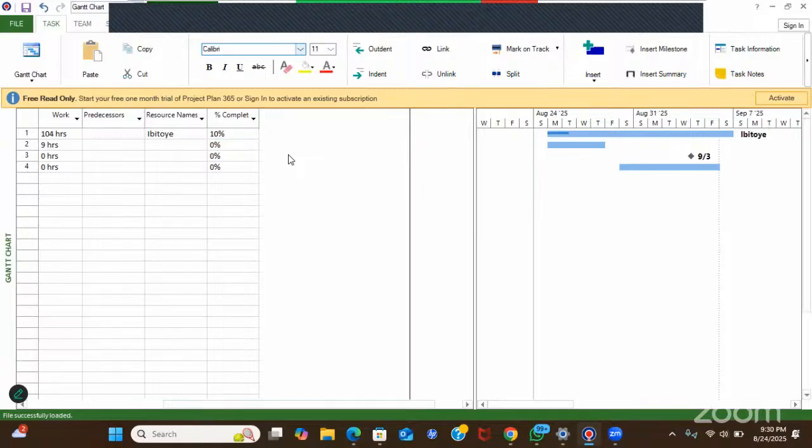Now, notice something. On this bar here, we are seeing another blue line. Now, this blue line is showing the task completion. If I increase this task completion, the moment I increase it, I keep increasing it. If I increase it to 75, it reads here, it's almost completed. If I move it up to 100,